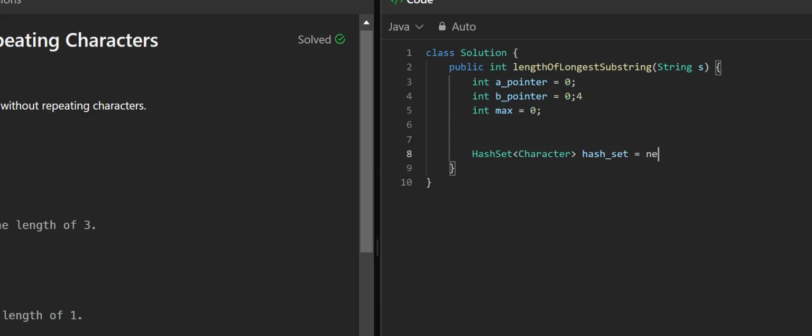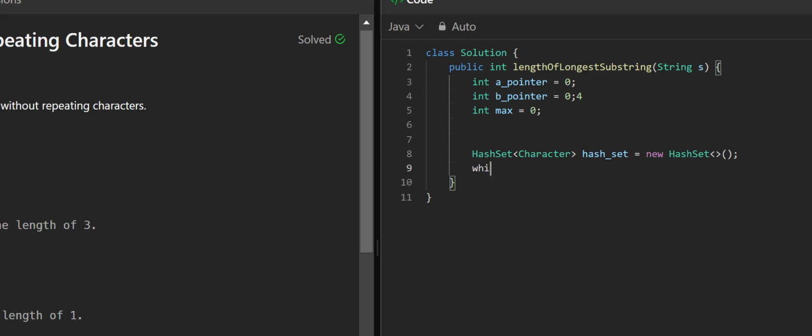HashSet equals new HashSet. We are creating a hash set because in this hash set we'll be storing the elements and we'll be keeping account of whether the current element which we are iterating over has been encountered before or not.